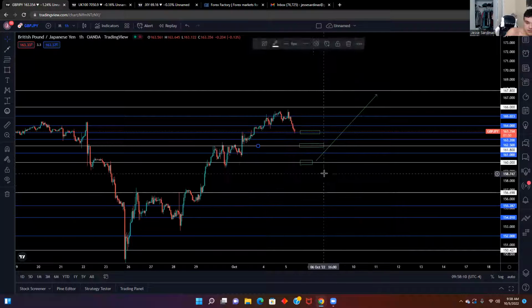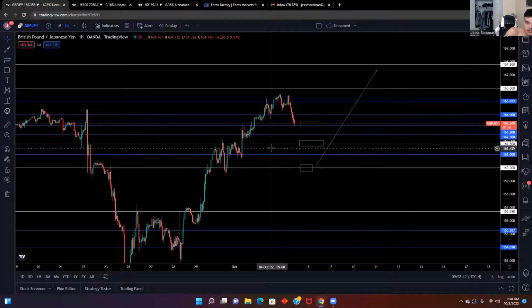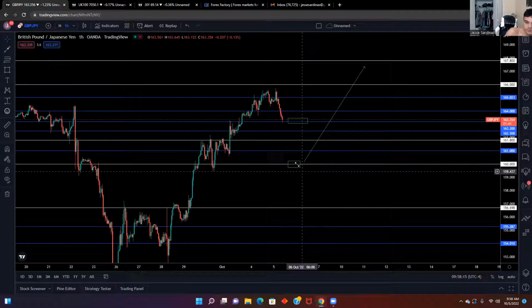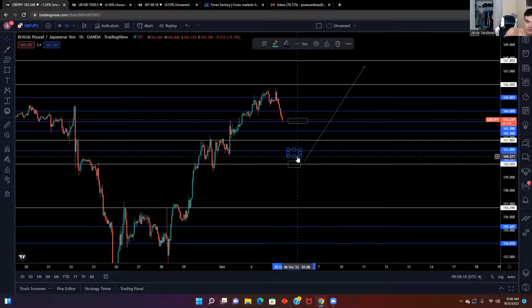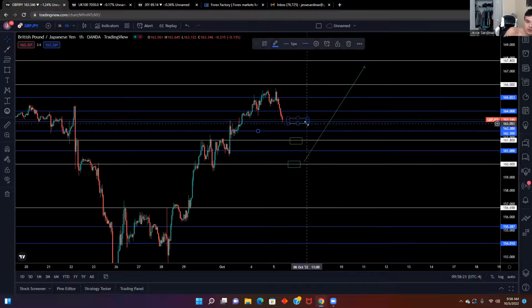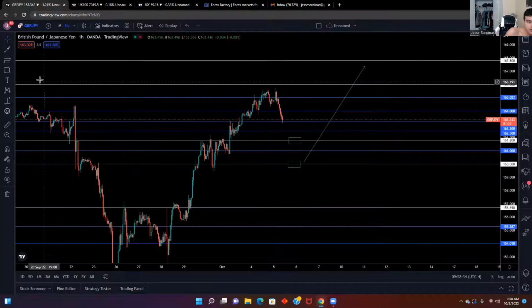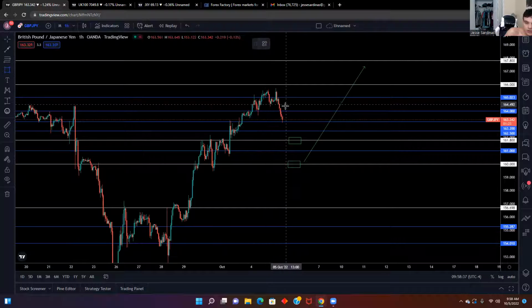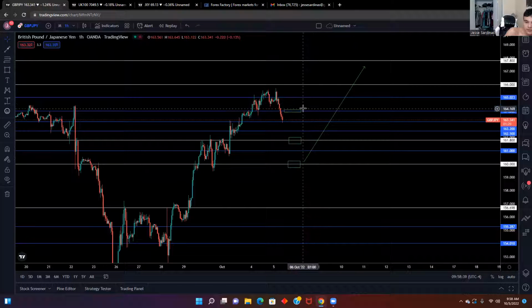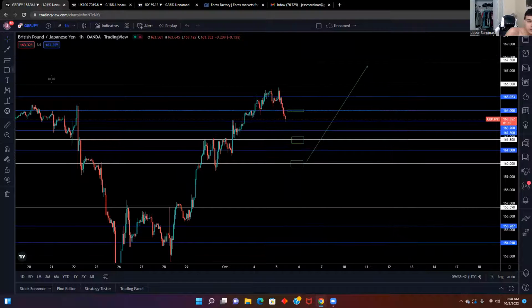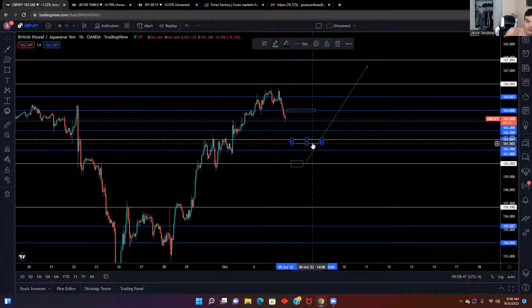Because as you can see, this PPL right here, sorry, I have OCD, I like to make them the same shape. This white line here is a monthly key level, or PPL, I should say. So it does have a significance, and I would definitely like to see how we react there. Or we're just playing the buys. If we break above 164 and have those closures above 164, we should be able to continue our way up.